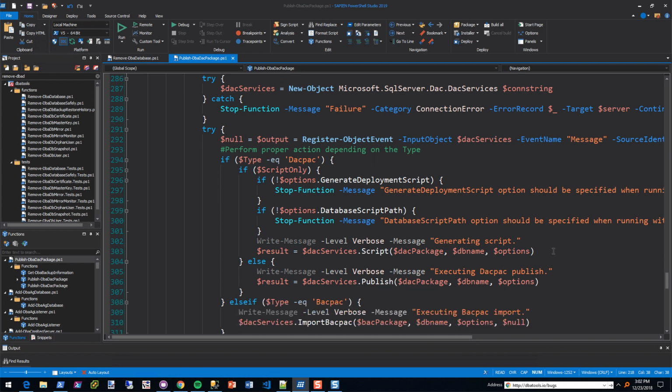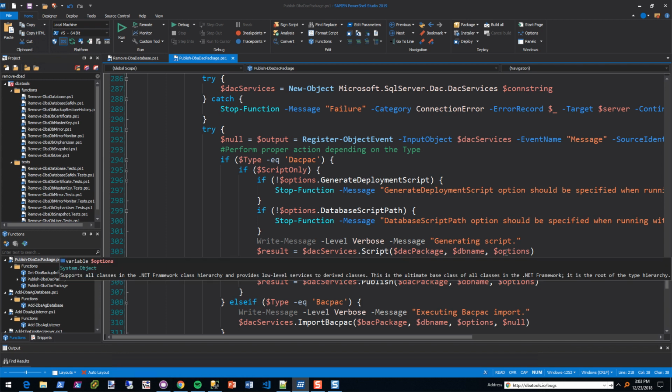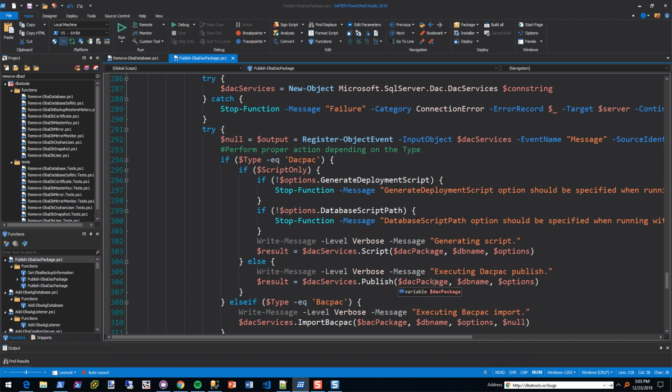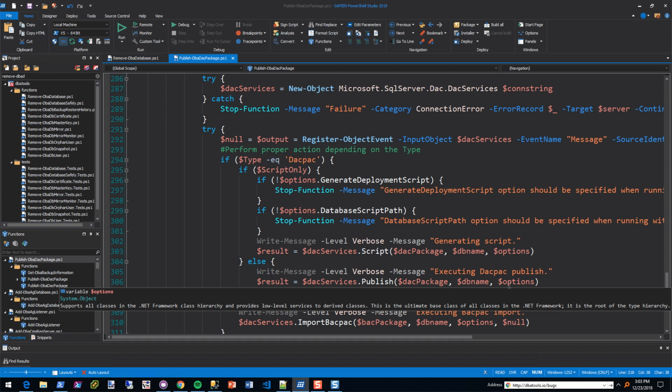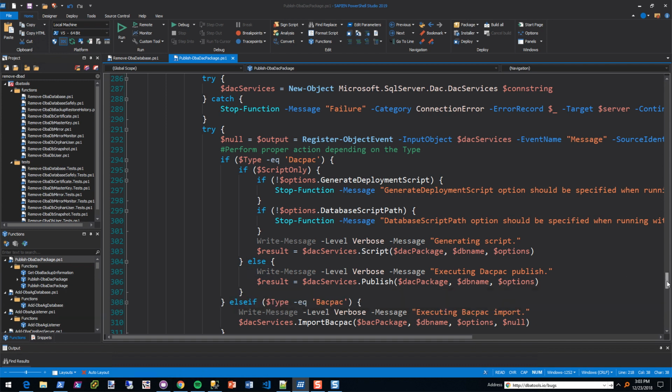All right, so I see two things potentially. Here we have the result equals script, and that's generating script, and then also this publish, and this will potentially write the DAC package. This will probably output to screen, maybe, and this will probably send it to the server itself.